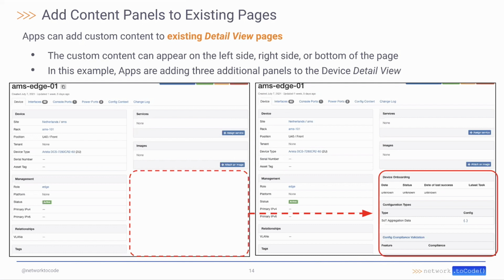You've got the device onboarding plugin, which is how we can actually scan the network and import devices automatically into Nautobot. And then you've got the golden config plugin that's providing two different little widgets here for different content related to the configuration of the device. And the point is that this is a core page that comes from Nautobot itself, but an application developer can hook into that to provide additional content. But you as the user, the network engineer that's trying to use the automation platform here, don't have to concern yourself with that detail. You don't have to switch context in the application. The developers can provide a nice user experience for these flows.